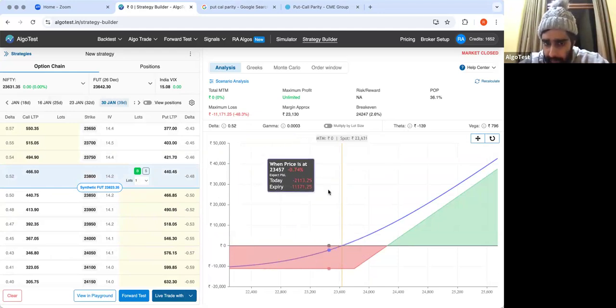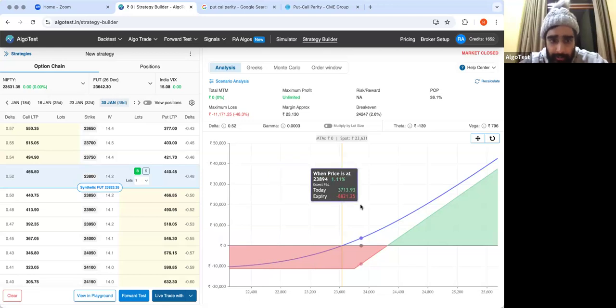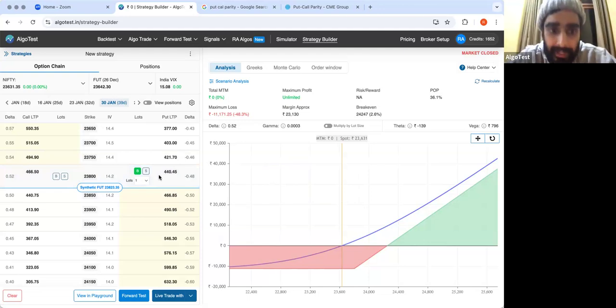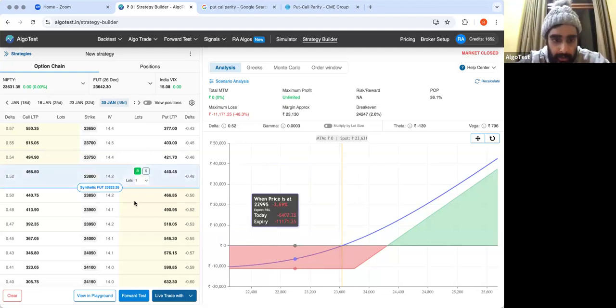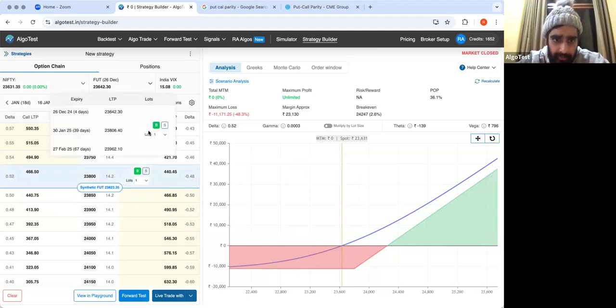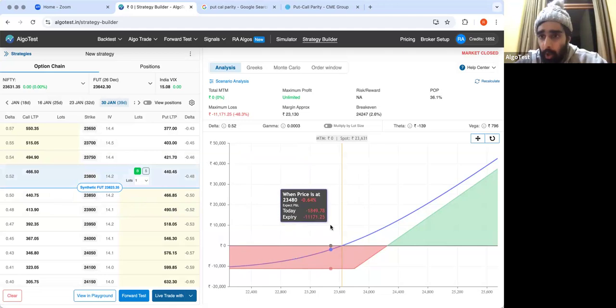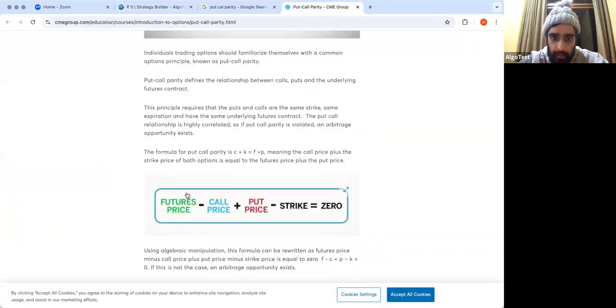right? The payoff of the call and the payoff of this combination portfolio that I've just created, which is bought a put and then I've bought the corresponding future, and boom, it looks exactly like the call option. In fact, it is exactly equal to the call option. And this is the relationship that guides it. So